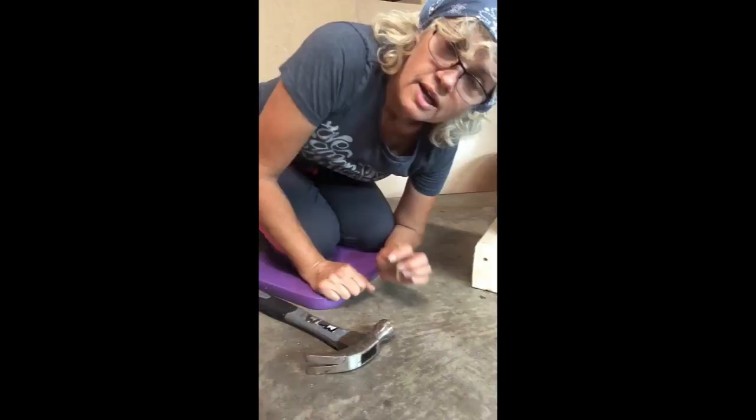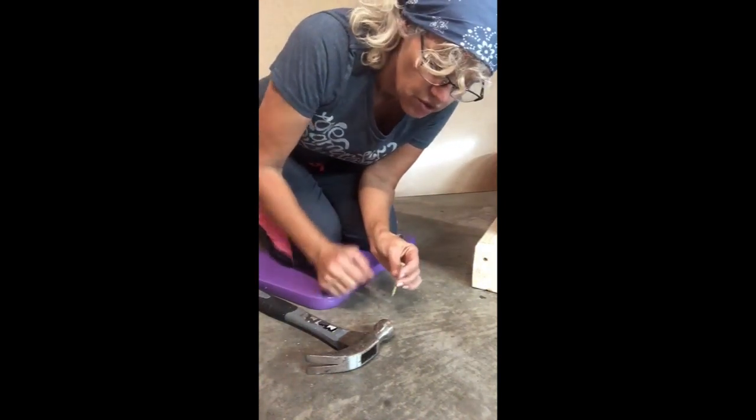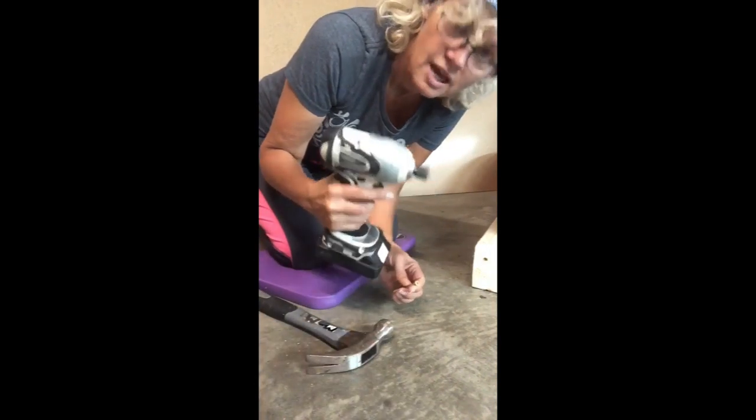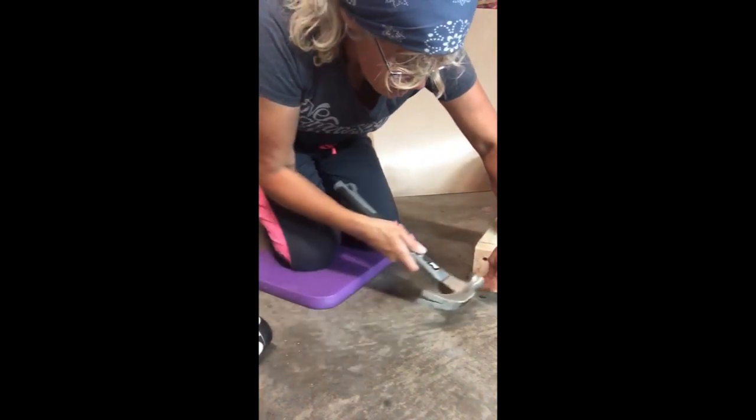And you can see I've drilled holes in the bottom of the barrel with my drill bit to make sure it has enough drainage, and if it doesn't, I'll just drill some more holes into it. So what I'm going to do, I'm going to take this screw, this drywall screw with this little star thing in it. I've got my little Makita. It's a hammer drill. I love it. So I'm just going to start this screw right here